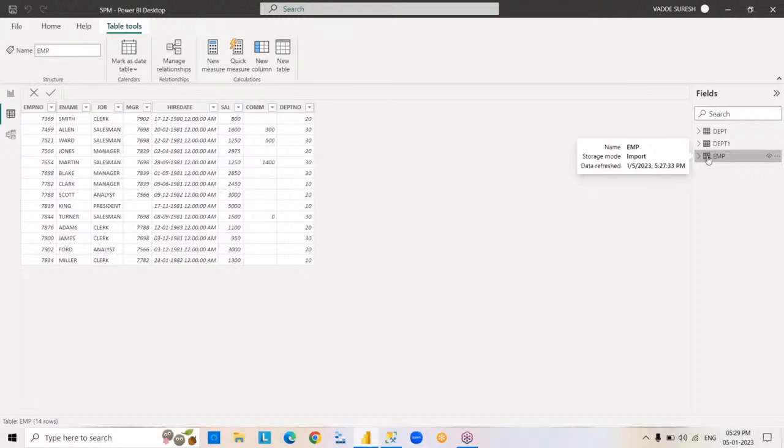By using import only, this table was copied. Right, and so the other way to copy data from this source is